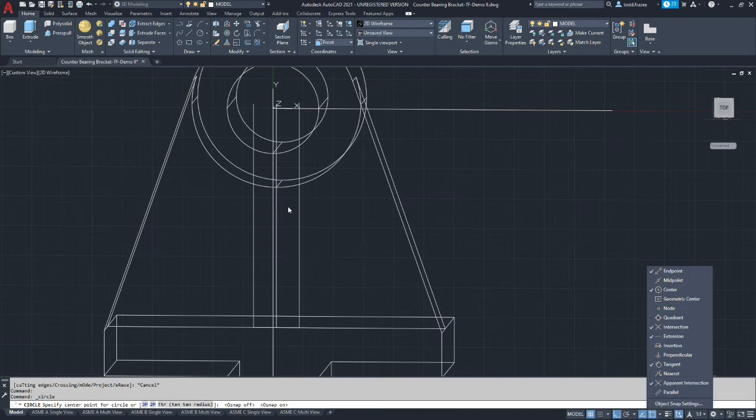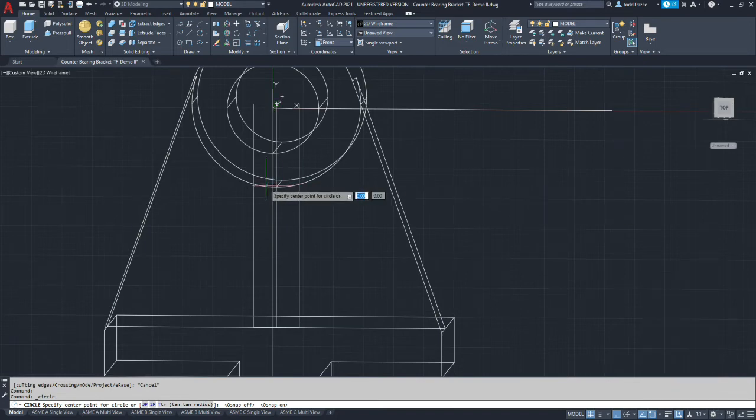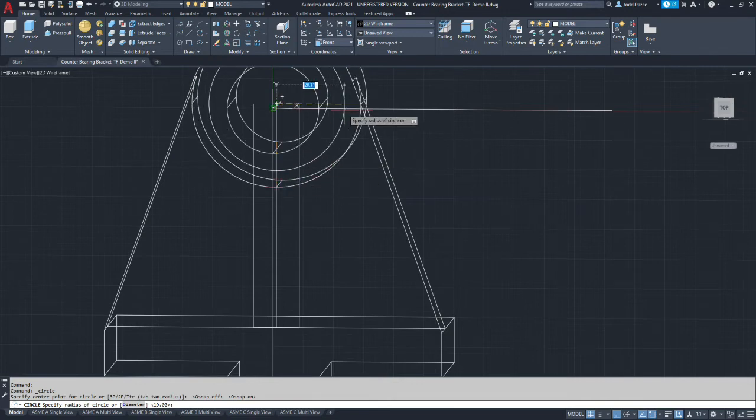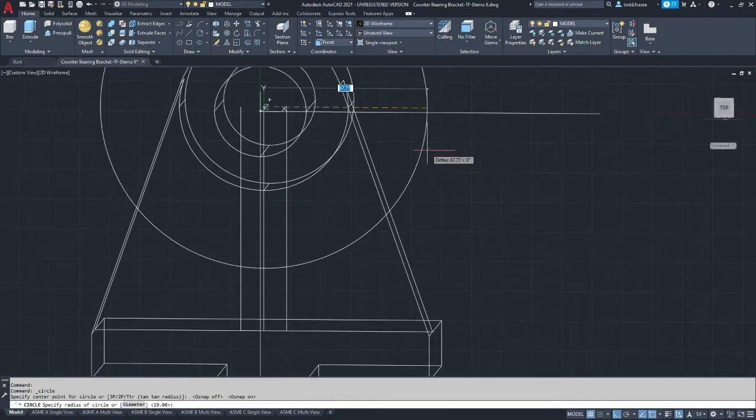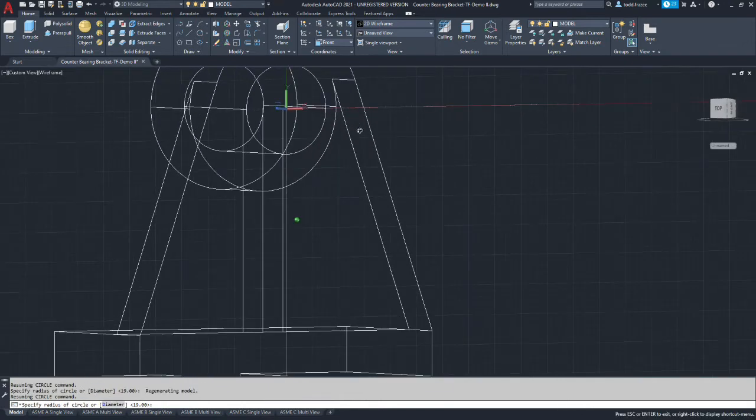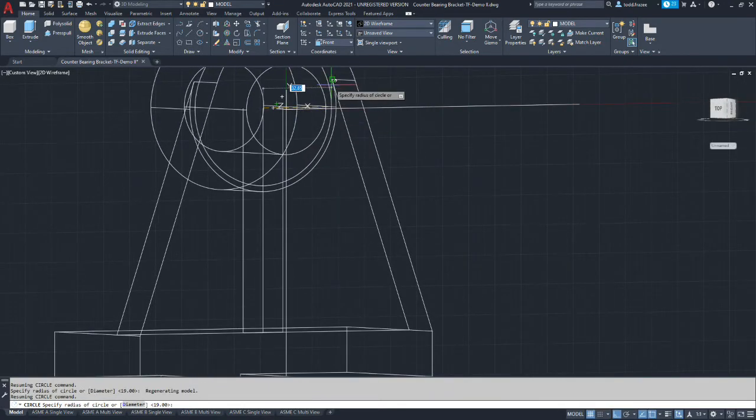Okay. And we're going to pick up on the center of our arc, and then the tangency point.